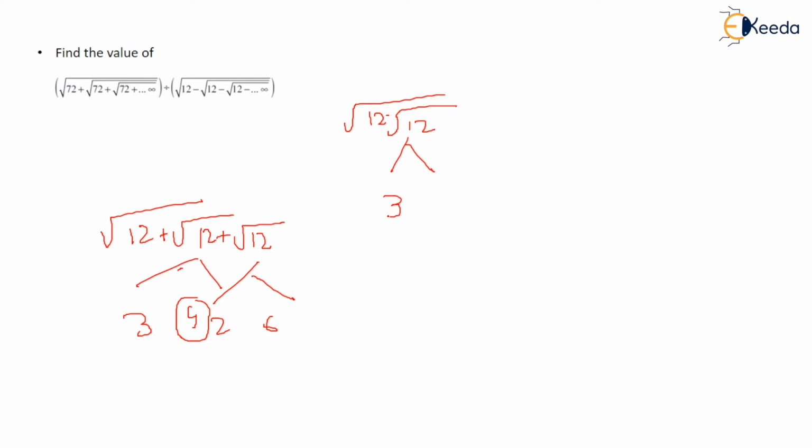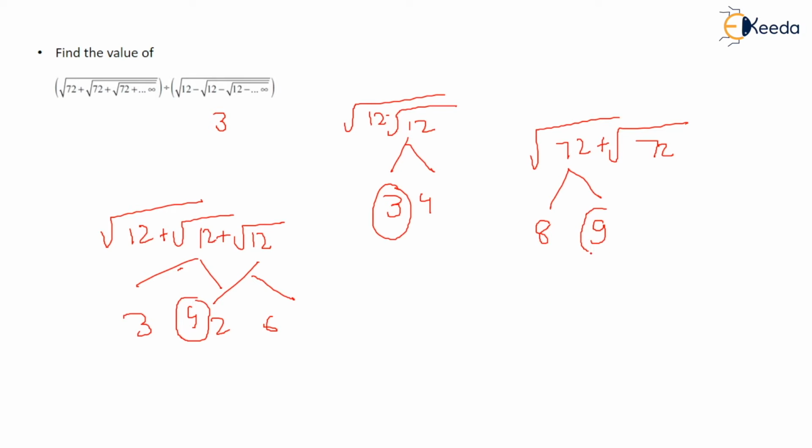So its factors come out to be 3 and 4. So which is the smaller one? 3. So 3 will be the value of this, root 72 plus root 72 plus, and this is plus. So I told you, you have to find factors whose difference should be 1, like 8 and 9. Here the difference between both of them will be 1. So now, since the sign is positive, you have to take the bigger number, 9.